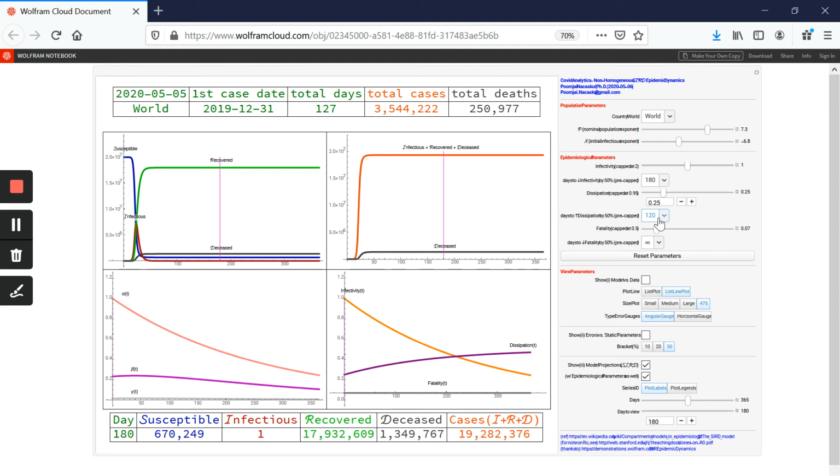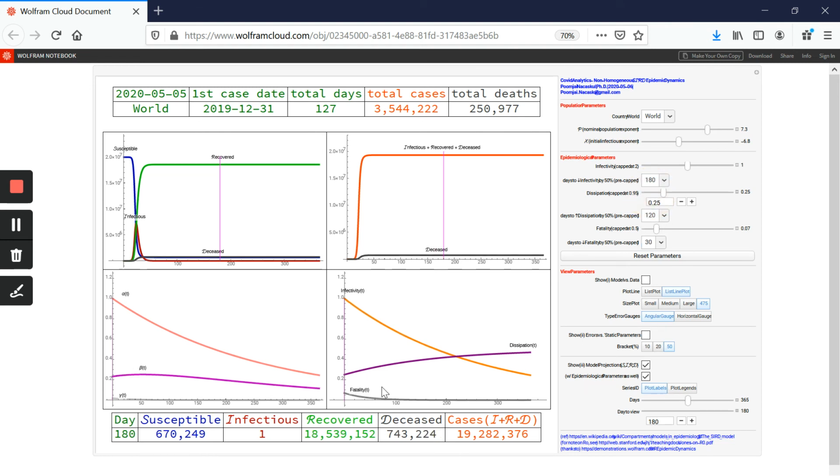Likewise, as better treatment modalities become available, you get lessons learned about how to treat the COVID patient. For example, pronating them, on their back or face down, might help improve the death count, to lower the fatality. So let's say in 30 days' time, you manage to lower the fatality rate by half. Okay. So this is the additional parameterization. All this goes to improve the situation. Now, in my original setting,